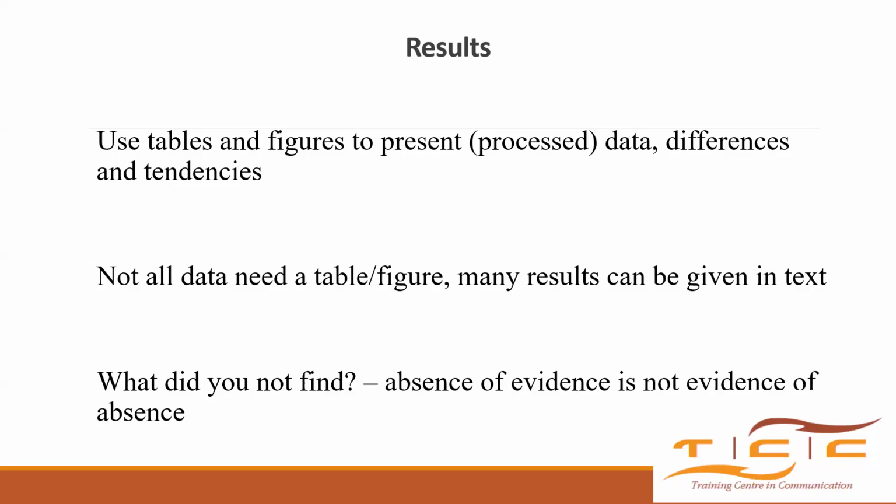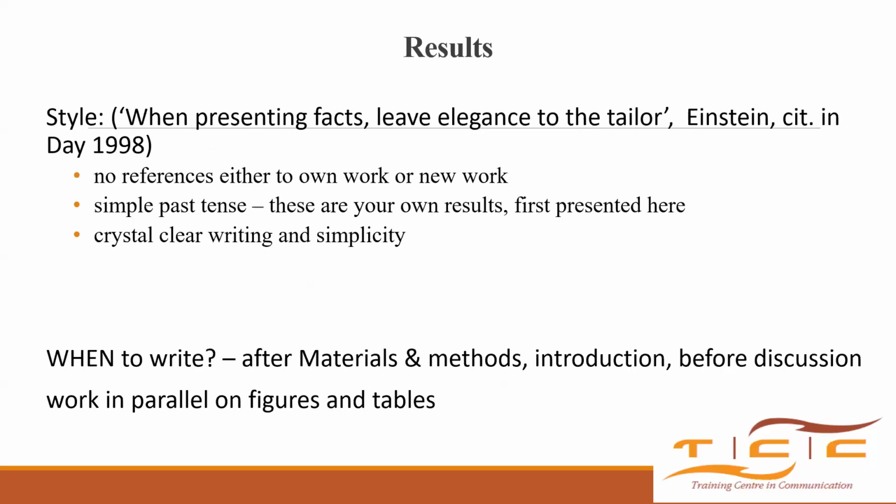So you'd say there's a significant difference between this and that, and the highest and the lowest values recorded were this and that. And then you say the rest of the details are described in table 3 below. Then I go to table 3 and see, okay, you've talked about the highest and the lowest, you've talked about where there are significant differences, but now I can see all the other details in this table. Or if it's a figure, yeah. So mostly we encourage that you write this after the materials and methods. So do materials and methods and then write this.